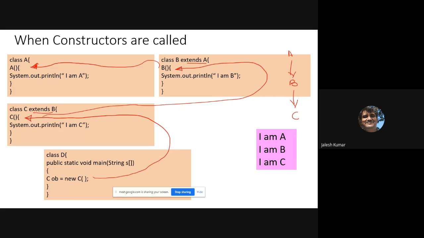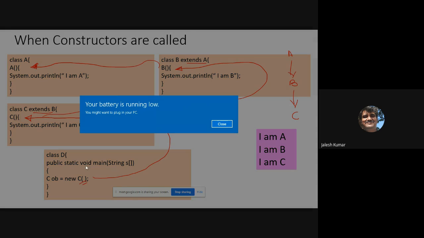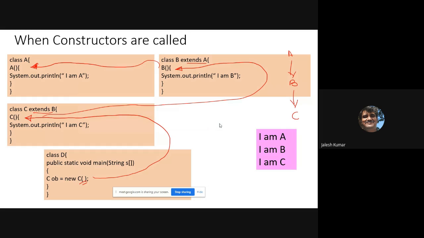See this, you just created an object of type C, but C is extending class B, and B is actually extending class A. Like that, the constructor will work. That means whenever inheritance is there, the constructor also plays a very important role. Automatically, the subclass will call its superclass.